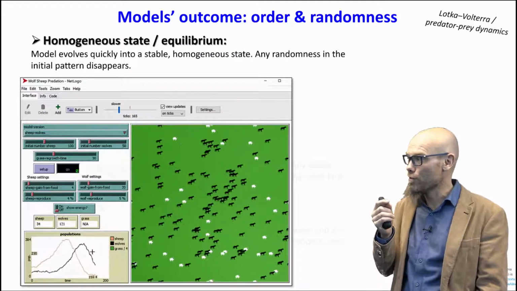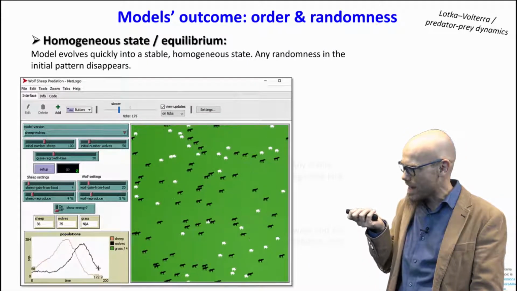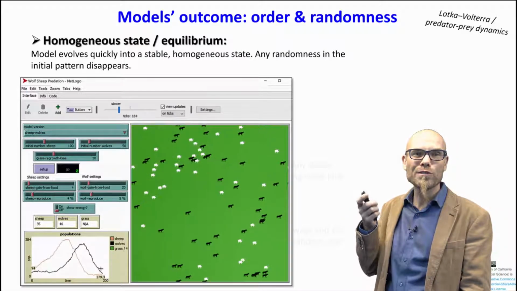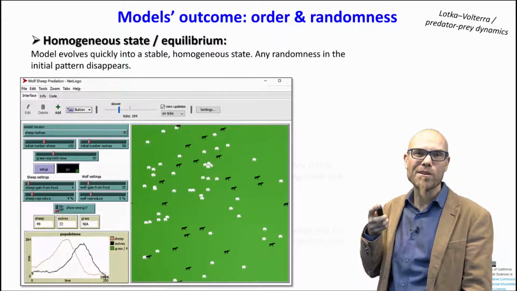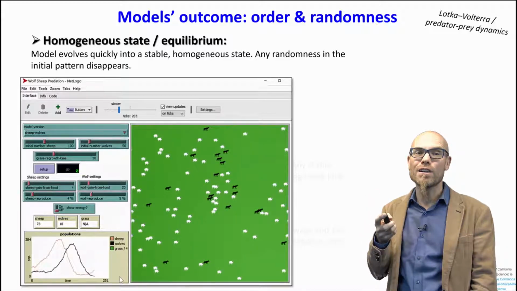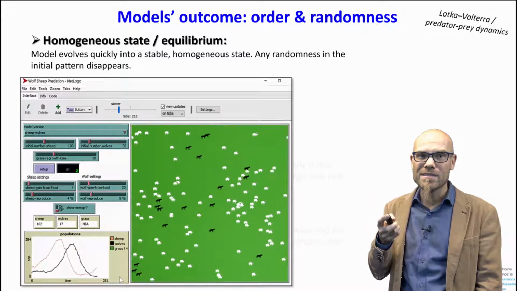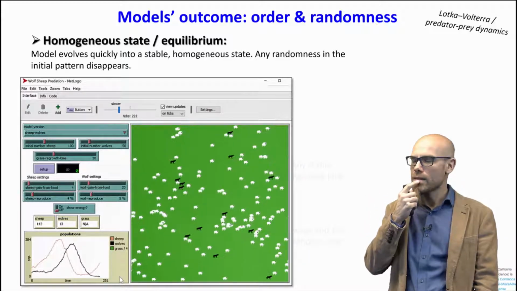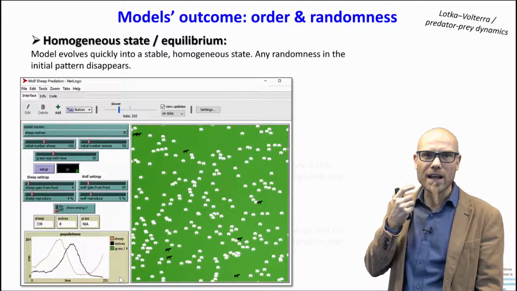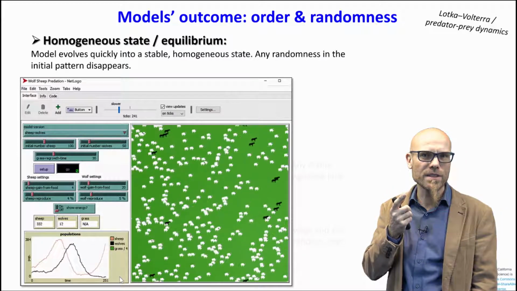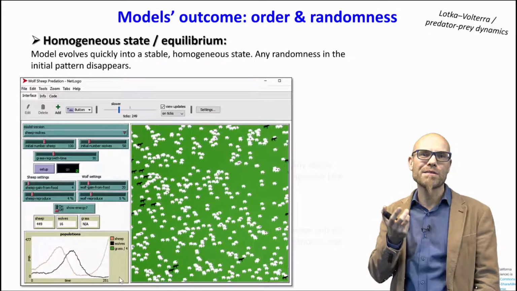Well, that's bad for the wolves. And now you can see here in the graph that tracks the number of sheep and wolves, the wolves also start to decline because there are not enough sheep around anymore. Now the wolves start to die out. But the sheep bounce back. The wolves are also gonna bounce back then, right? There's still some wolves around. Well, now there are enough sheep for them to find.